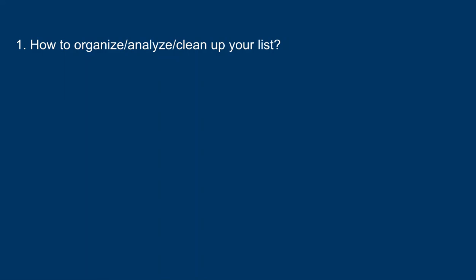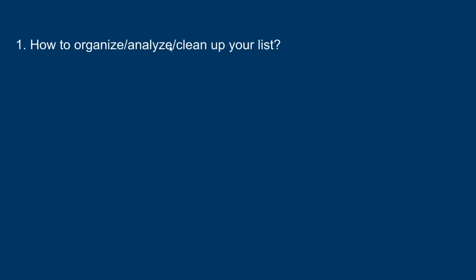But if you use ConvertKit or MailerLite, it's possible to set up different landing pages for different specific books. Then when they sign up, you take them to a thank you page, and the thank you page has the thing that you promised them, but then you can just put them on one of your general autoresponder series. Anyway, so that's how I organize, analyze, and clean up. I think there's another question coming about this one, so I might talk about it more later, but generally this means when should you remove people?